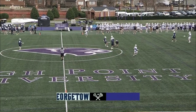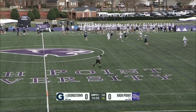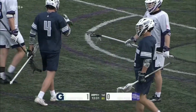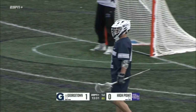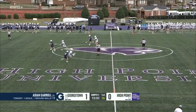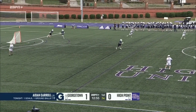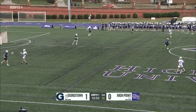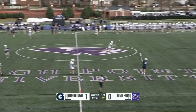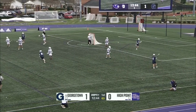And a technicality off the X. Looks like Collin Hoben went early, and the Hoyas get the first offensive possession. Hat trick earlier on this season, one against Johns Hopkins, one against Pennsylvania, and then the last one against Notre Dame. He was a big player in that Notre Dame game, giving his team the lead before Notre Dame tied it, and then he got the overtime winner, which was the big upset and the talk of the lacrosse world all last week. A lot of upsets in the ACC, and we'll get to a little bit of that later, but